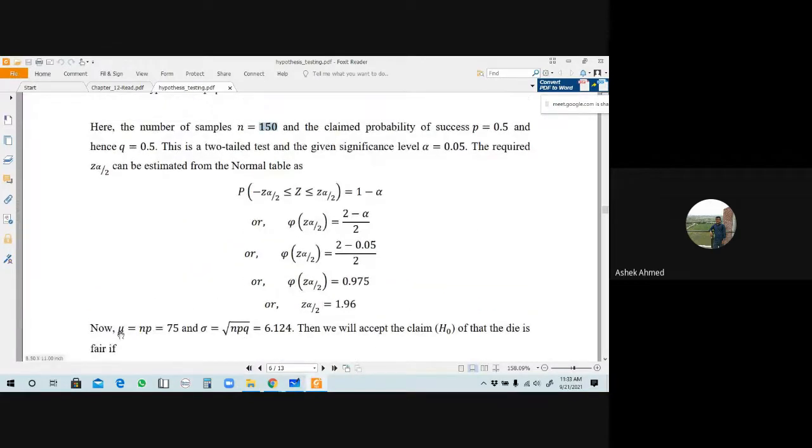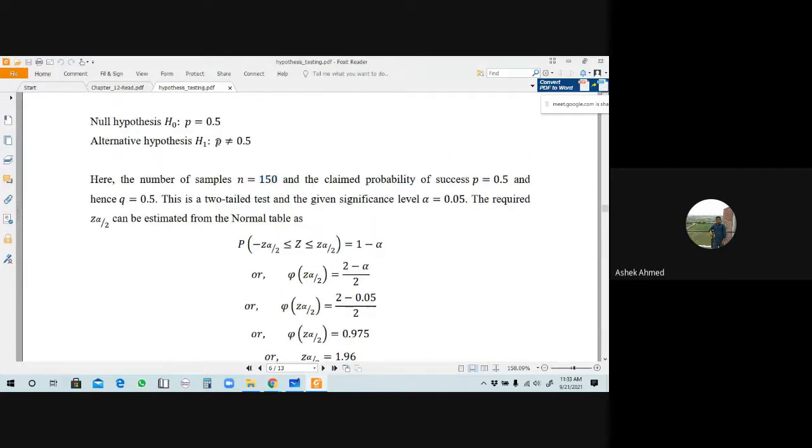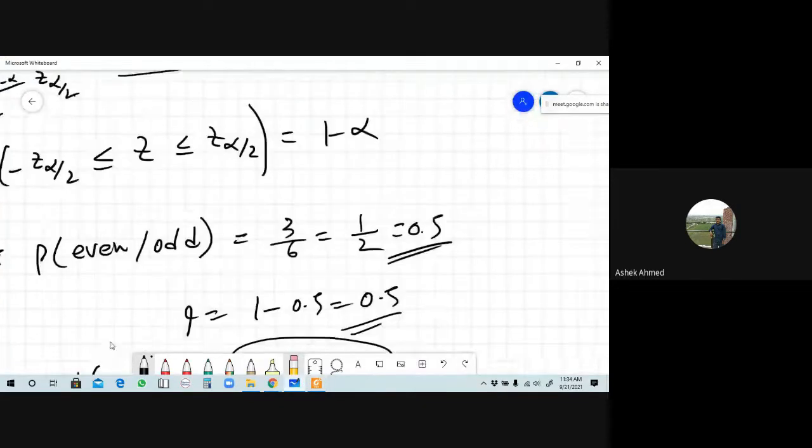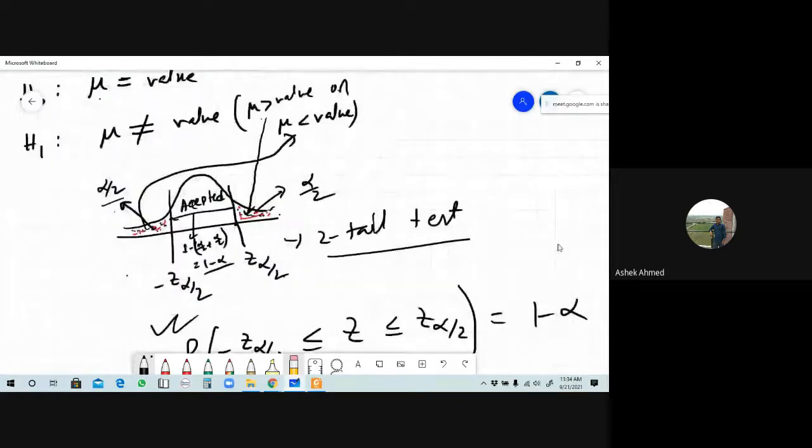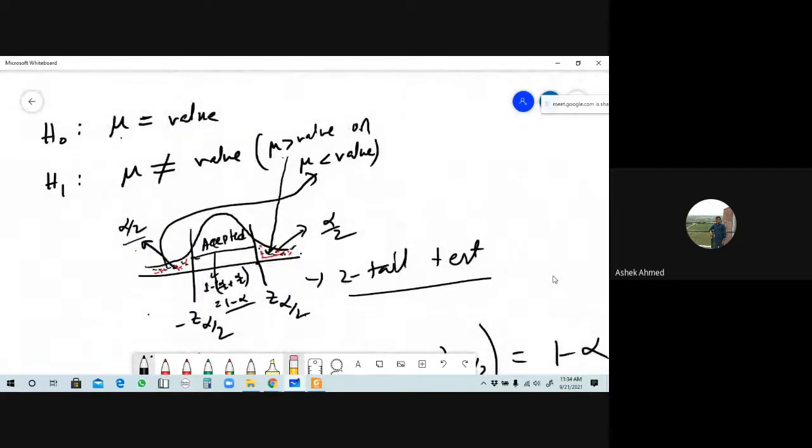And since from here the alternate hypothesis is that p not equals to 0.5, not equals, so in that case which type of test will we apply? Two-tailed test, is it right? Is it not equal? We discussed this in the group, when it is not equal, what do we have to do? Two-tailed test apply, is it right?